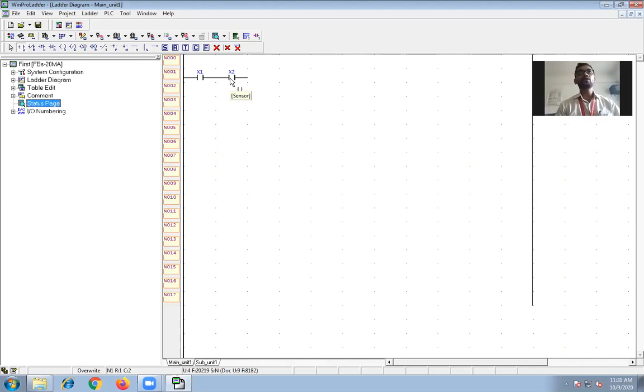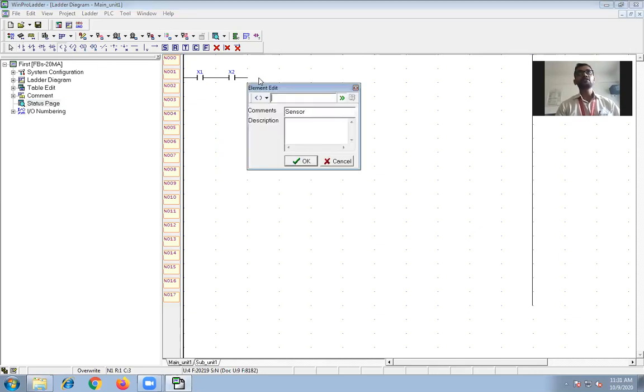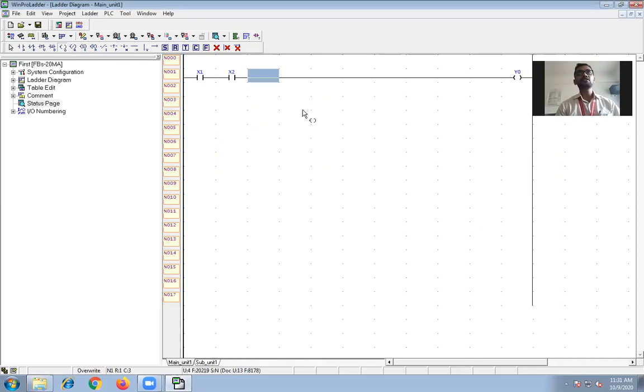So when you take the arrow to here, it shows sensor. So these are the inputs, and this is your output. So when you take arrow, it will show it is a motor.